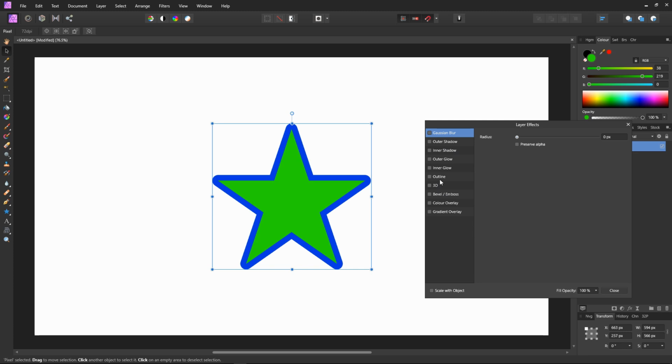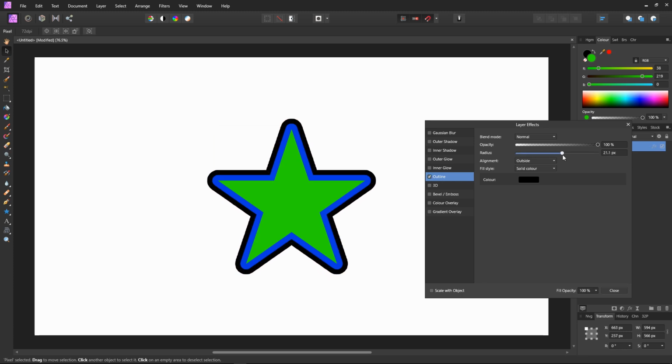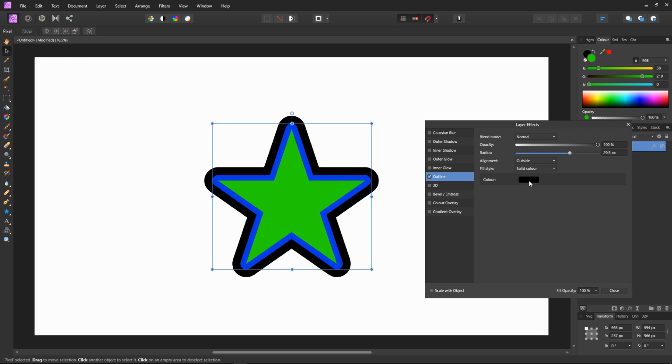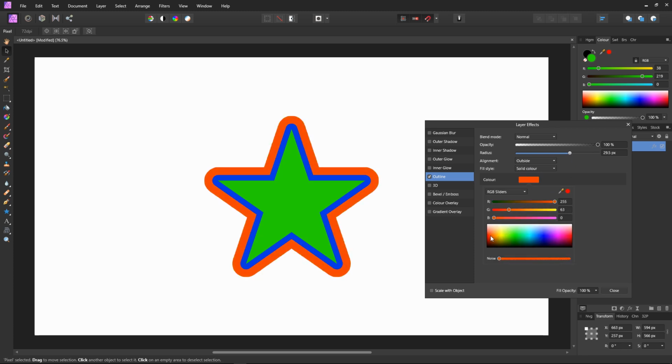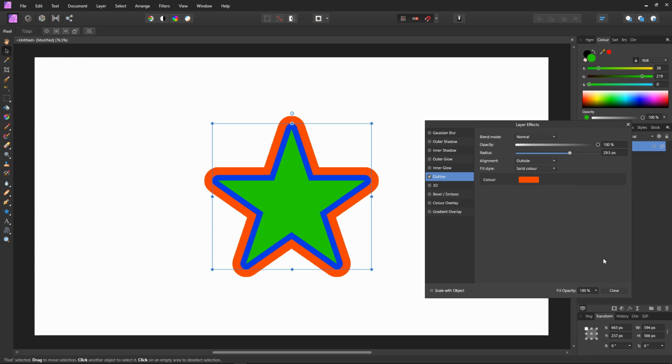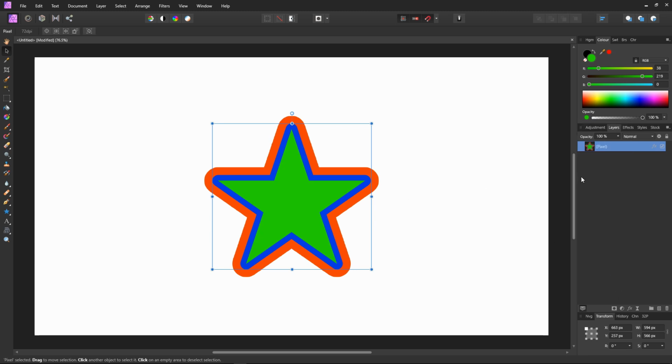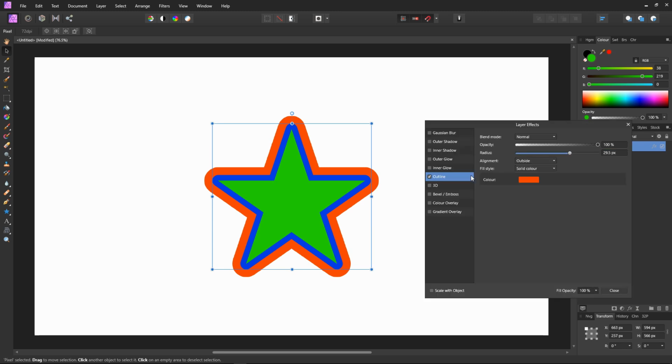And now we can add another one, so click outline to bring up the parameters and click on the checkbox. Let's create another outline. Here we go, up with the radius and then select a new colour. I think a nice red one, red orange, click close. And now I would like to add a nice fade to the outside of the red. That would look nice. So if I click effects again and then select outer glow, which will create a nice